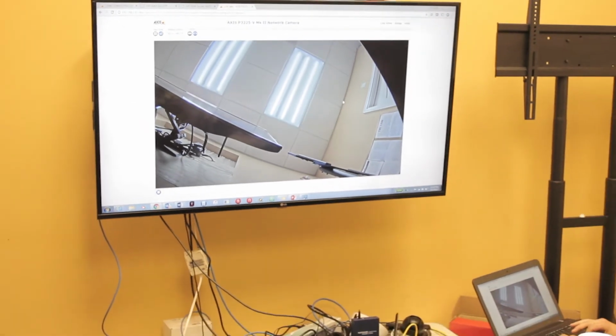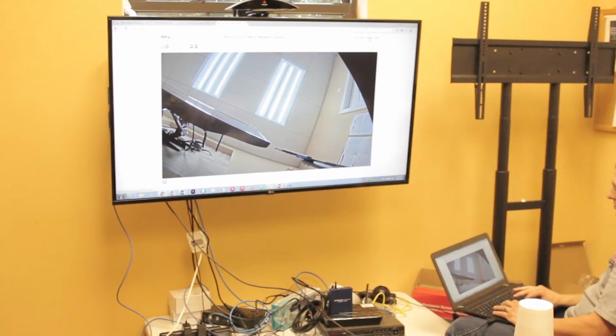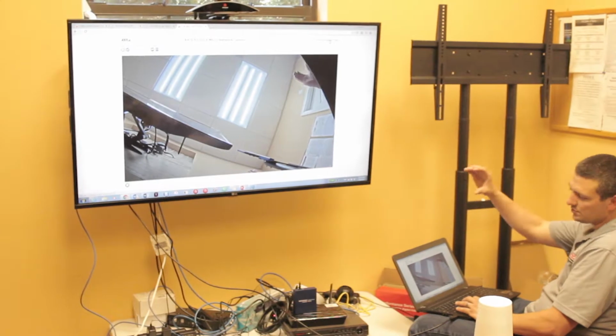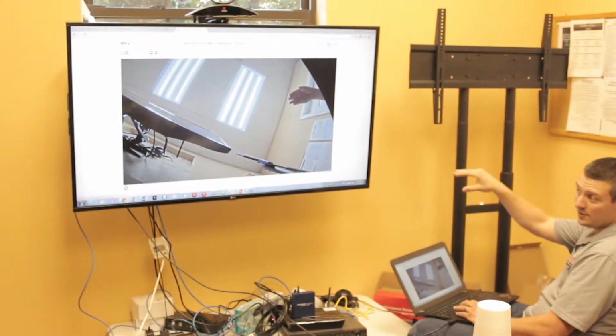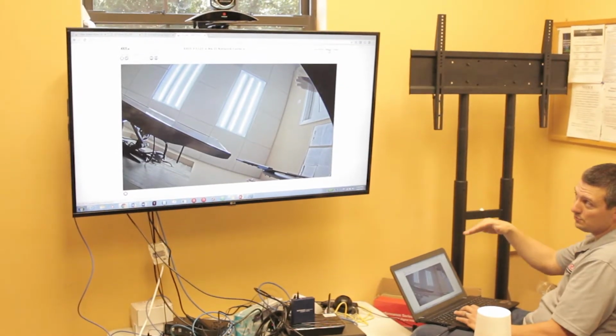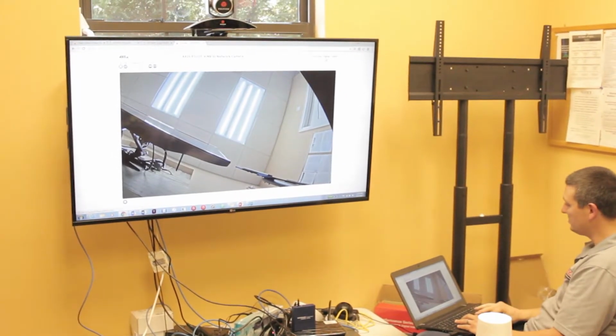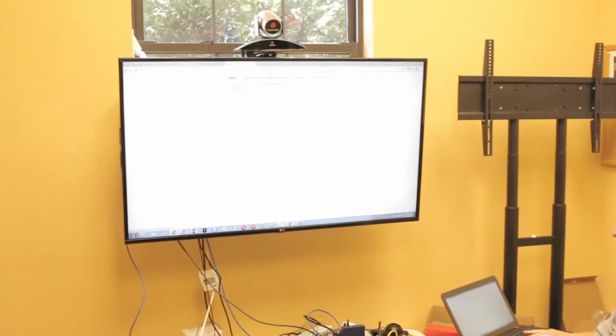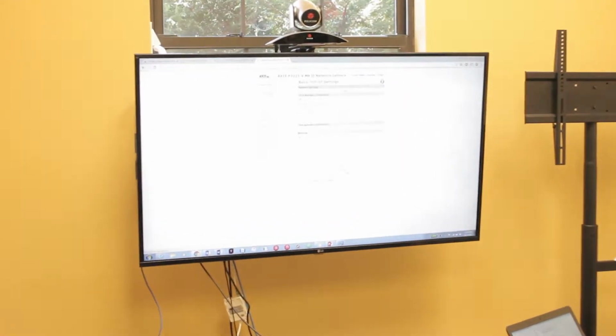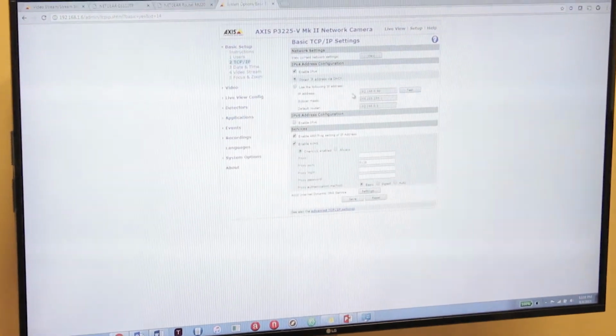So to do anything in here, all you have to do, once you enter that IP address, it brings you to a login screen. And for these access cameras, the login is root and the password is root. I don't know why, that's just what the default is. So if we go to setup and then go to TCP IP, that's where we would set and see our